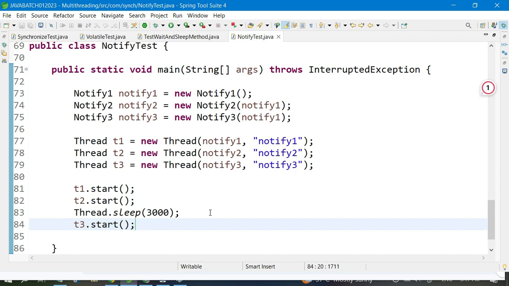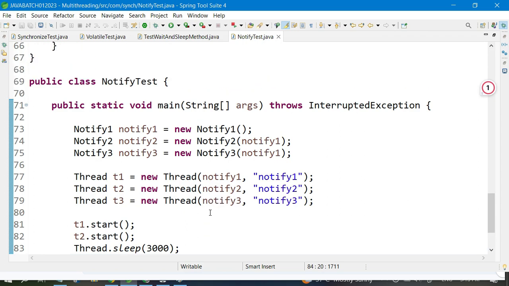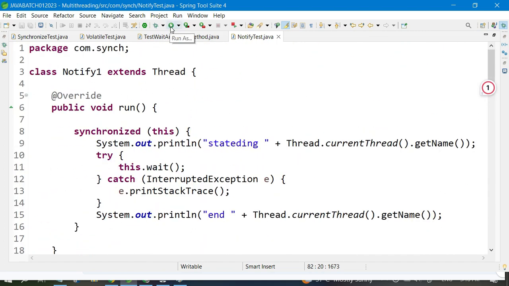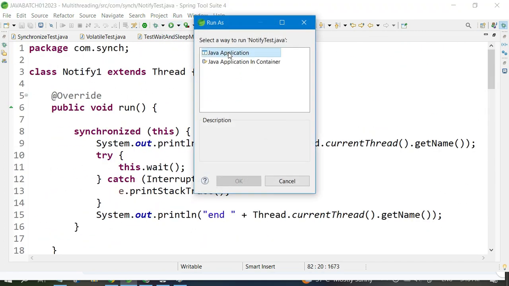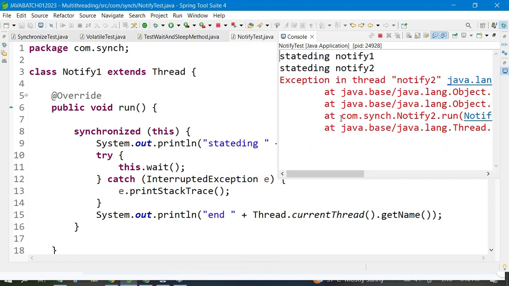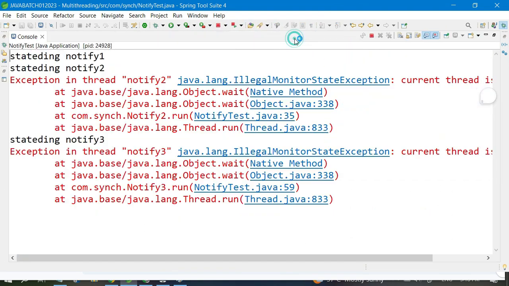What behavior will happen, and how will it work for the sleep, and how will it work after wait? Okay, so let me run it once so that you can see the behavior of our code. So our code is started, and here if you see it's written like that: starting notify 1, starting notify 2,